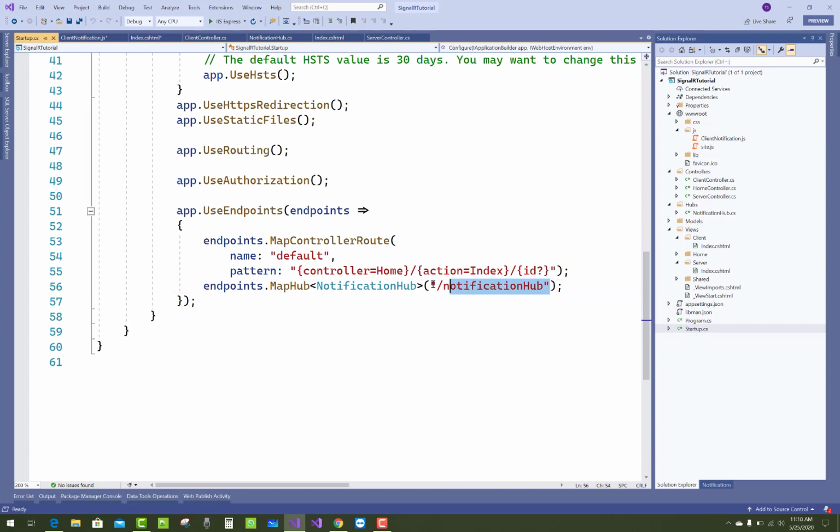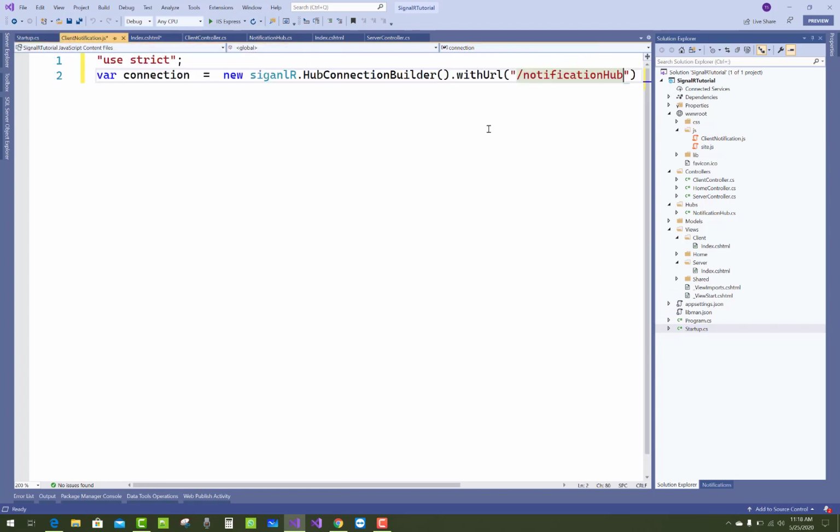Just open, and that is the name, just copy and paste it in the connection. Okay, so .build.